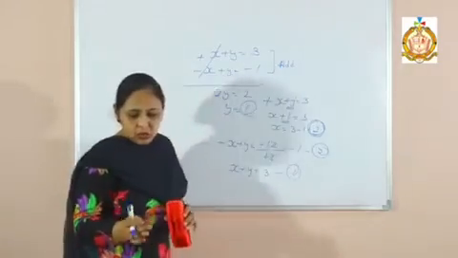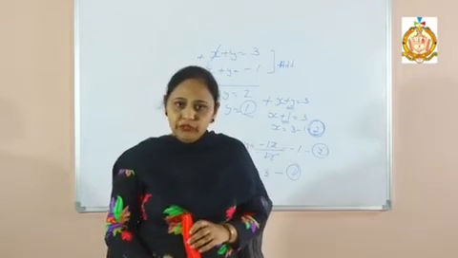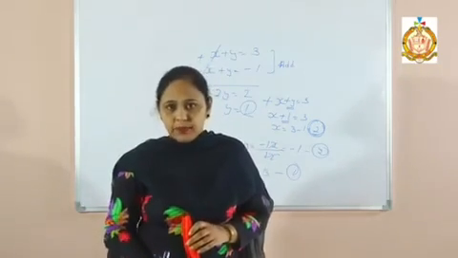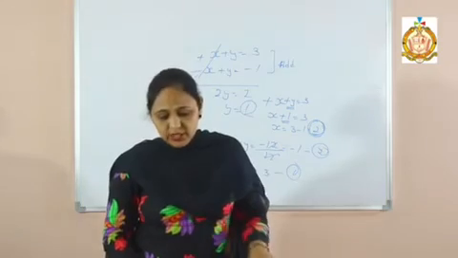So if the coefficients are interchanged, then no need to multiply. We will just first add, then subtract, find the two statements, then solve for x and y. So we can do it. Please try to do it.